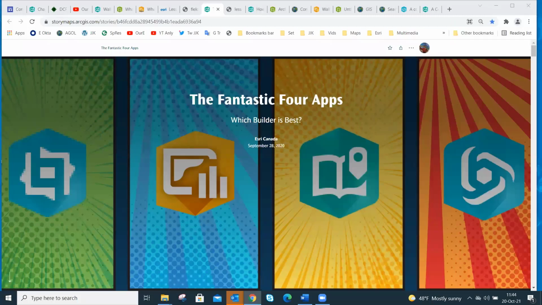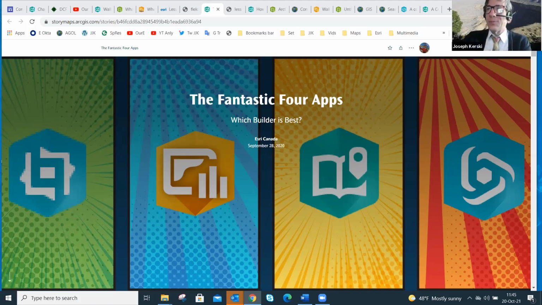Yeah, Joseph, one thing about this that I think is important: I find the whole universe here kind of overwhelming, but then I start to work with these things and I realize that all these apps are built from the same components. You spend most of your time building the content, the maps, the dashboards, things like that, and then those things get put into these tools. You know what I mean? It's all about those fundamental building blocks, and once you get that together, that knowledge transfers to these different apps. Indeed, well said.